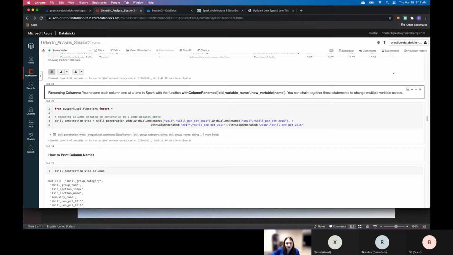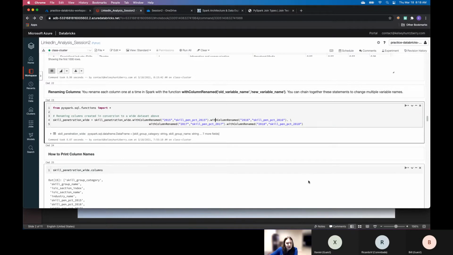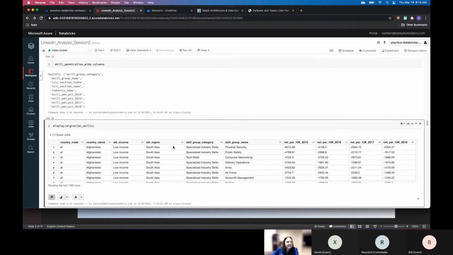The way that it's a bit different than Pandas is you actually have to string everything together. So if you want to rename multiple columns, you're going to have to write this out more than once. You can see that down here with withColumnRenamed. I took the 2015 data and renamed that column, but I had to do it again for 2016, 2017, and 2018. Strung that together,